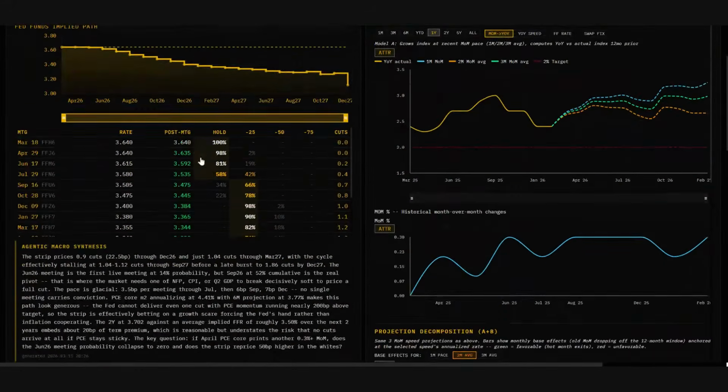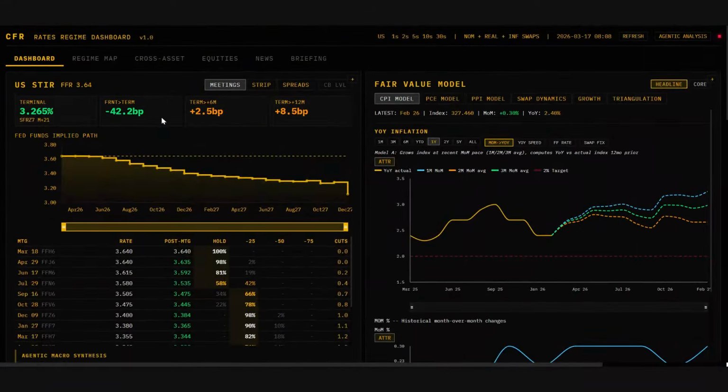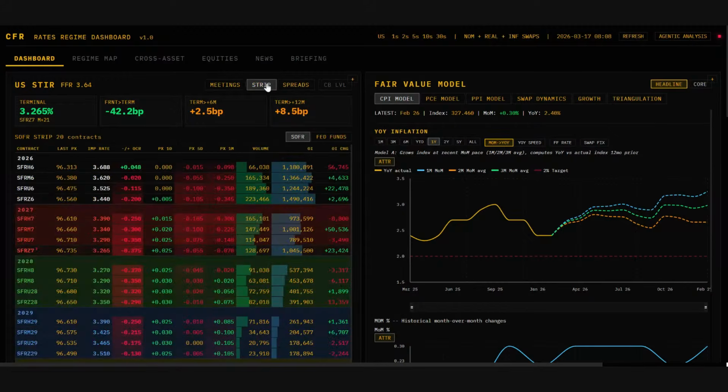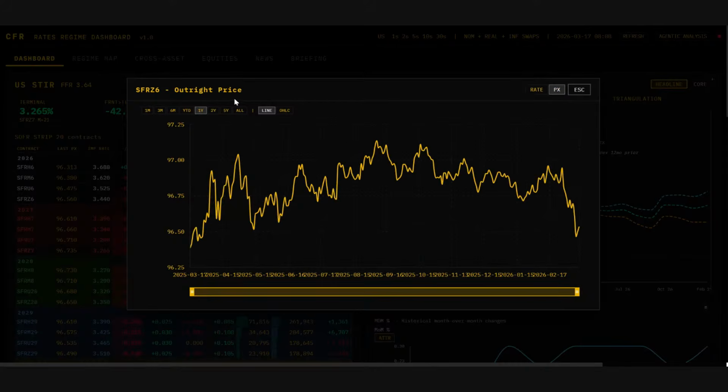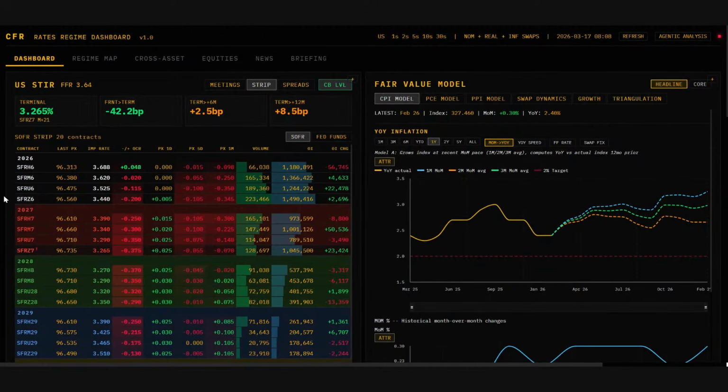And so when you look at where we're pricing cuts, the Fed would look at this and say, okay, we're pricing 42 bips of cuts for this cycle. That means that between now and the end of the cutting cycle, the market is saying that the Fed is going to cut 42 bips. And then you have, okay, well, when are they going to do that? How fast are they going to do that? And right now, the Z6 contract is back to 25 bips in cuts.